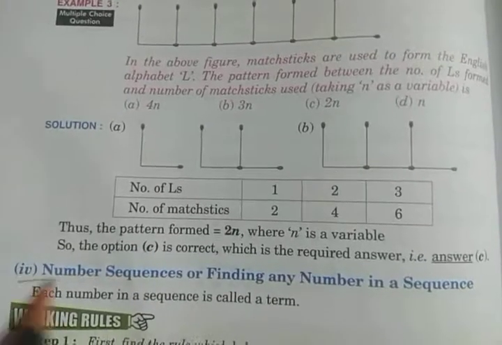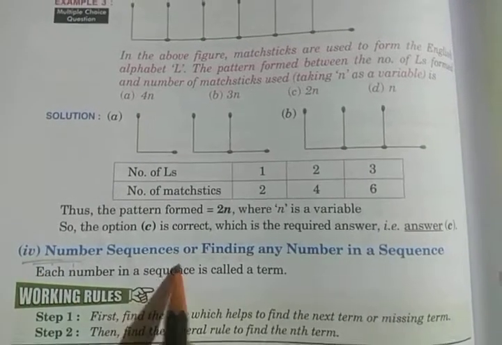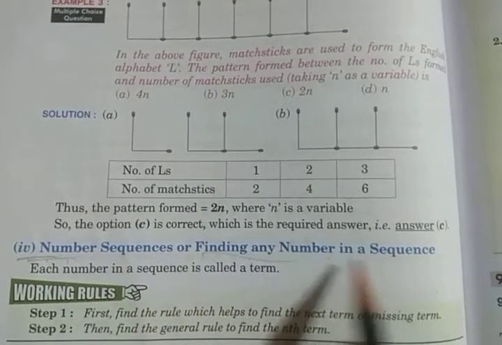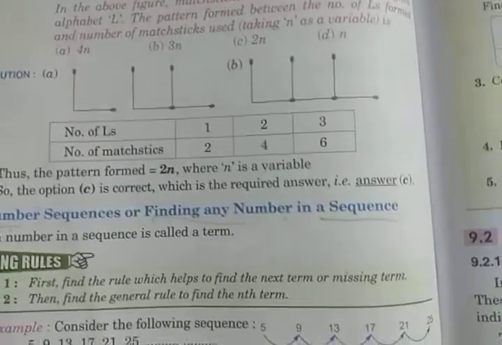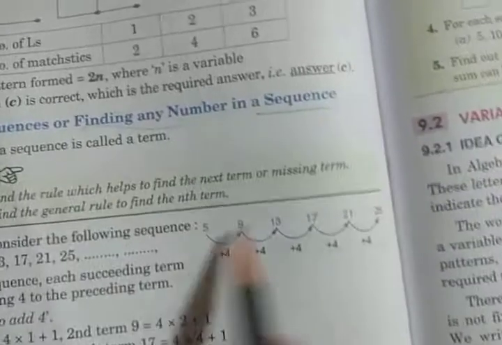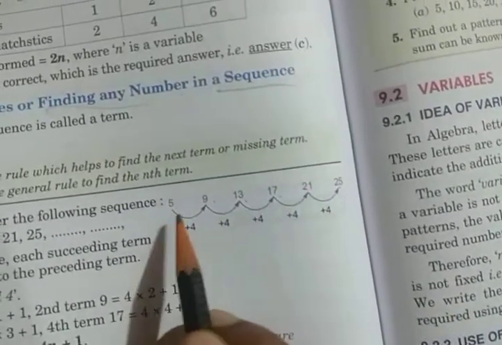Next, number 4, number sequences or finding any number in a sequence. Example, consider the following sequence. Here 5, 9, 13, 17, 21, 25. We see here